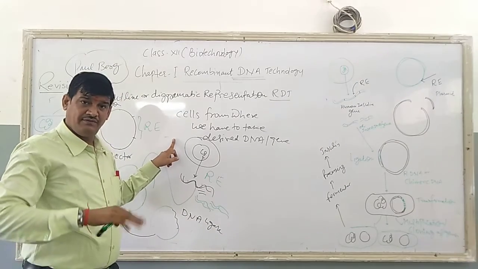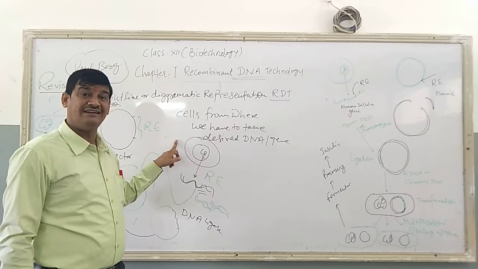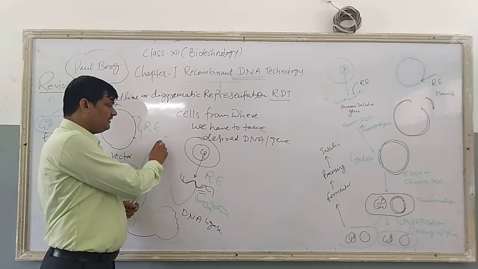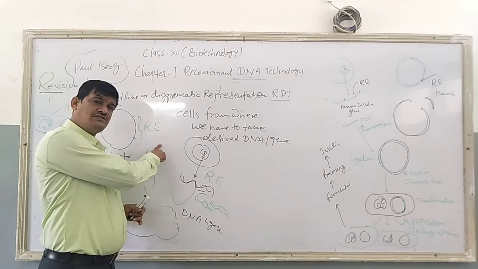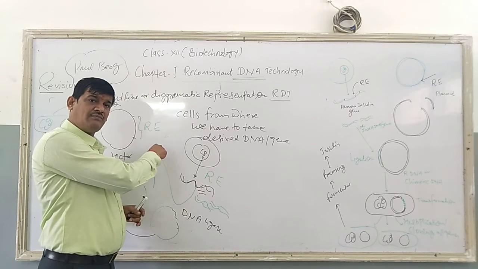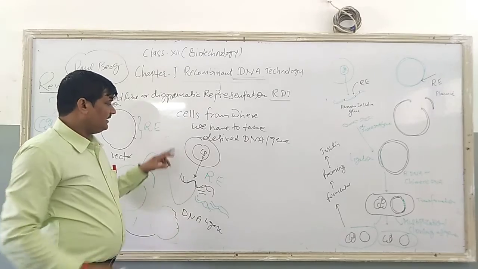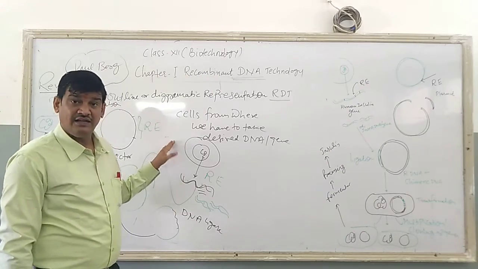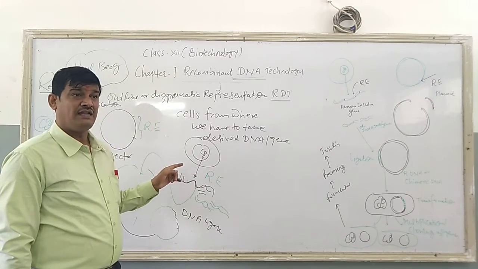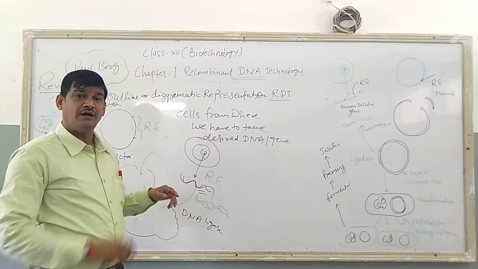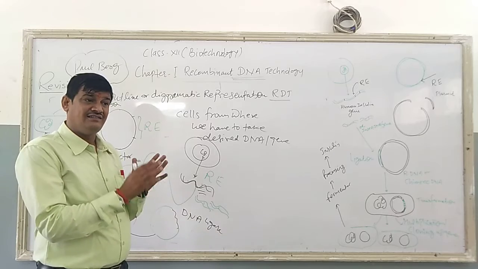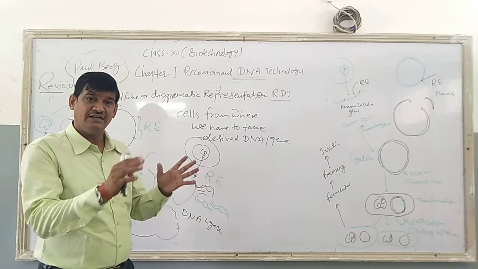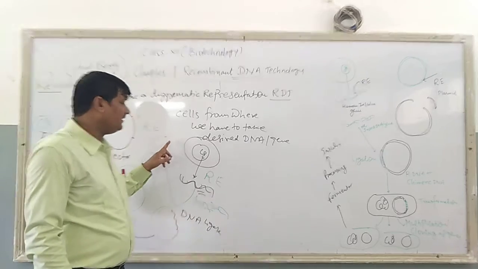Restriction enzyme will be discussed later in detail, but for revision, restriction enzyme, which is known as biological scissors or molecular scissors, is used to cut the DNA into pieces. Then DNA polymerases. DNA polymerases are used in polymerization of DNA, that is, they synthesize new DNA on the template of the DNA.